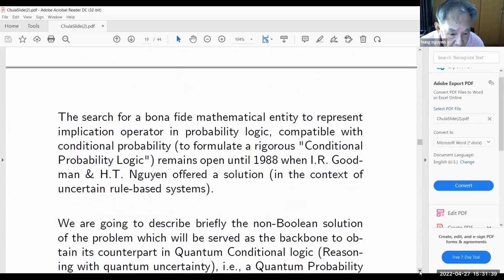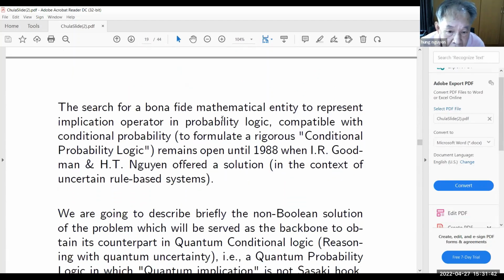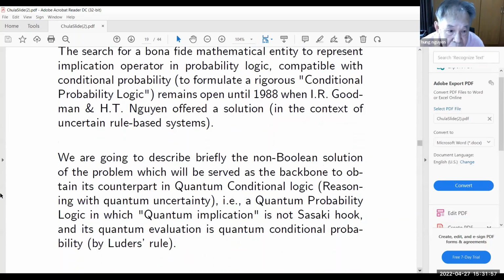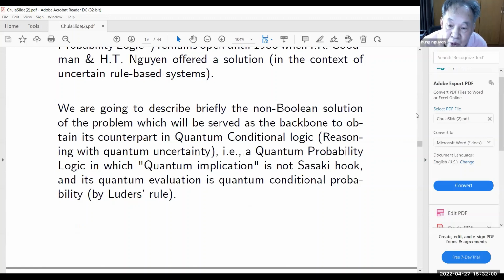So the question is, in 1988, a friend of mine, Goodman, and myself, we offered a solution, just like a complex value for the equation. And that solution is simply this. We are going to describe briefly the non-Boolean solution of the problem, which will serve as the backbone to obtain the counterpart in quantum conditional logic. That means the quantum probability logic in which quantum negation is not the Sasaki hook. The Sasaki hook, I will mention later, is the material implication in